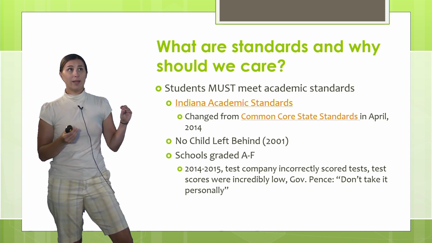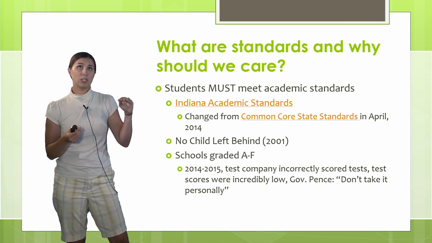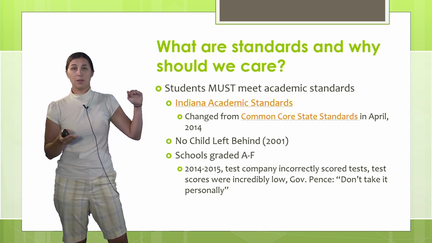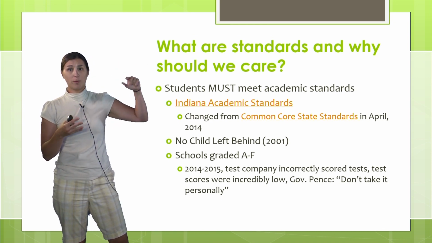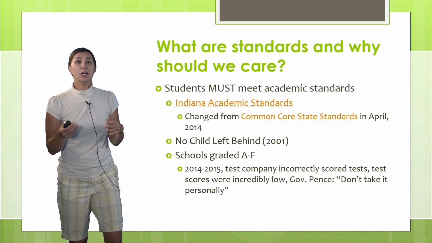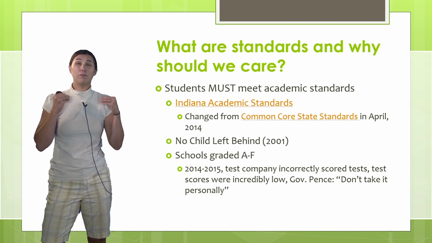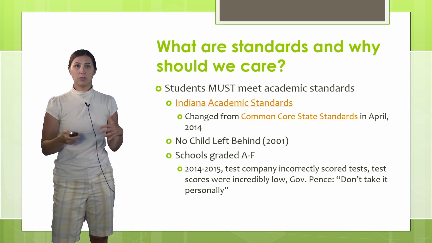Now, if in 2013, 80% of your 4th grade students performed at 80% in English language arts, and then your next group of 4th graders performed at 85%, then your grade went up. So it really wasn't necessarily reliable, and they didn't feel like it was representative of where the school was at or what the school was able to do.